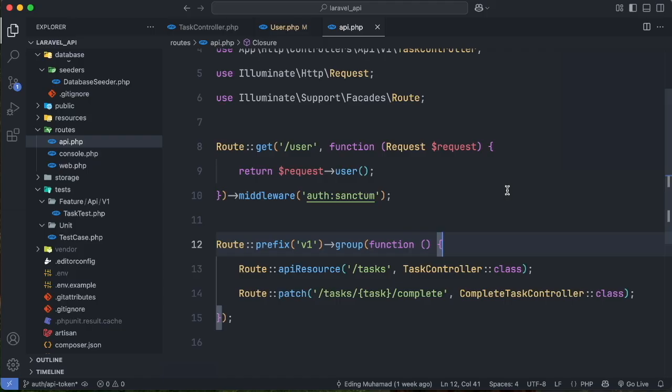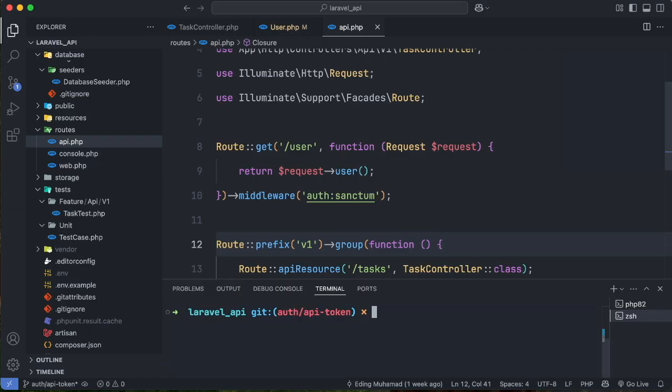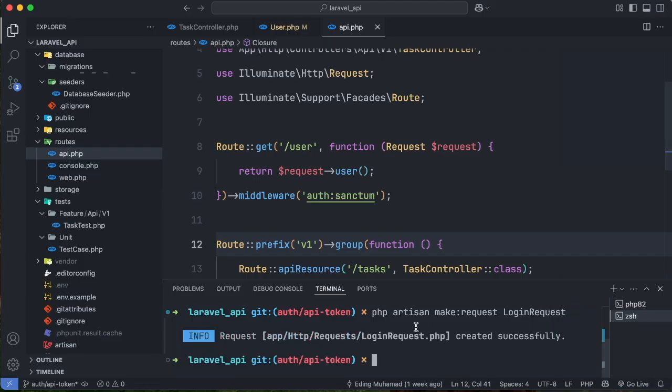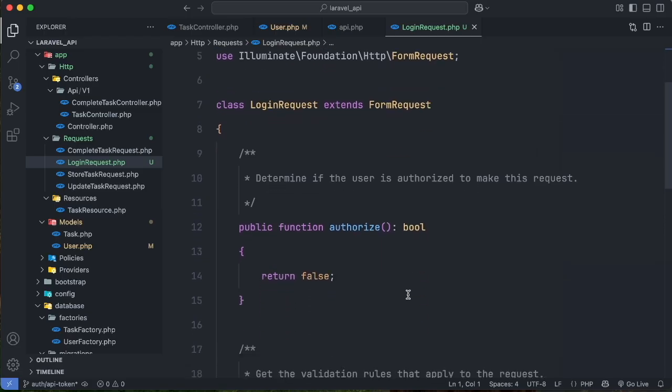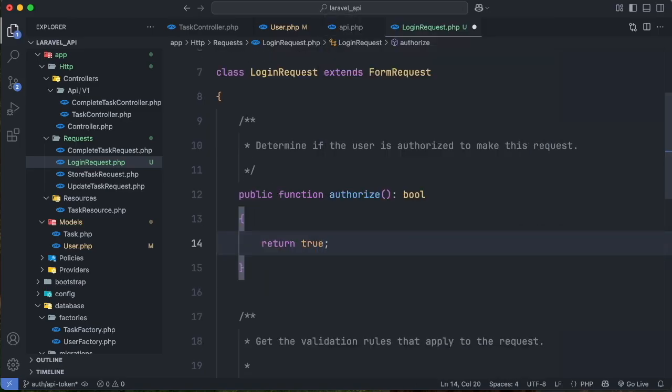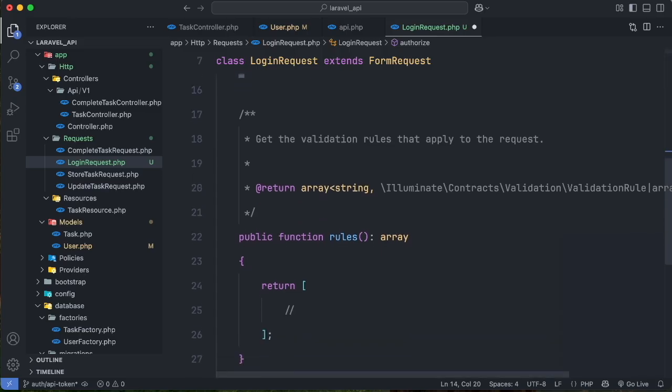First, let's create a form request to validate the login credentials. Let's go to our terminal, then create our login request. This gives us a clean place to define our validation logic. Inside the login request class, let's go to authorize and then change this to return true. Then inside the rules method,